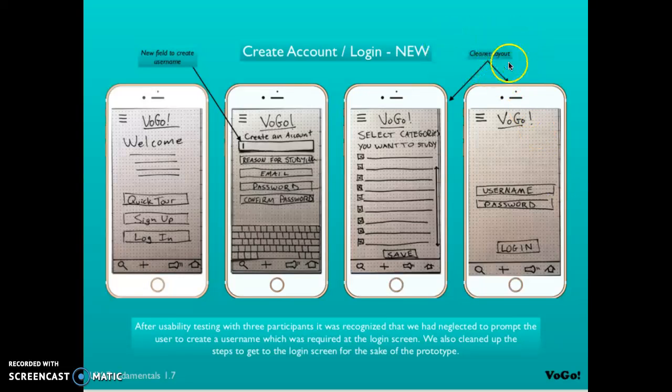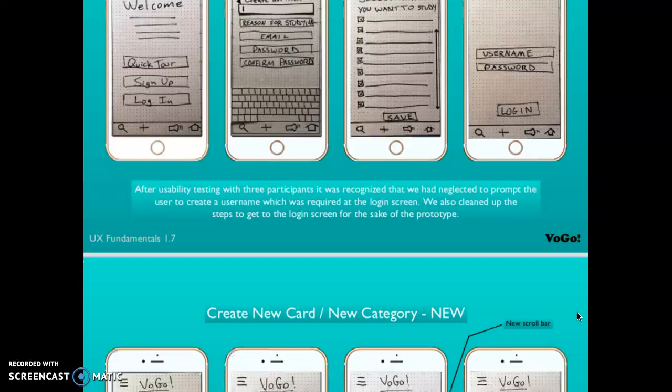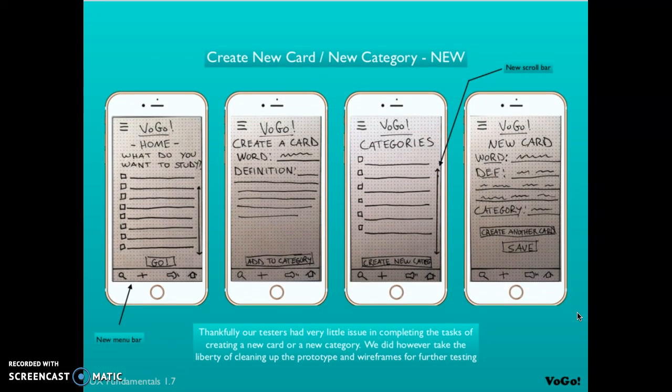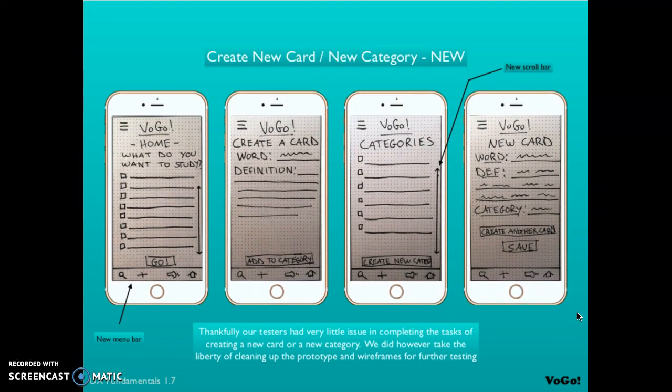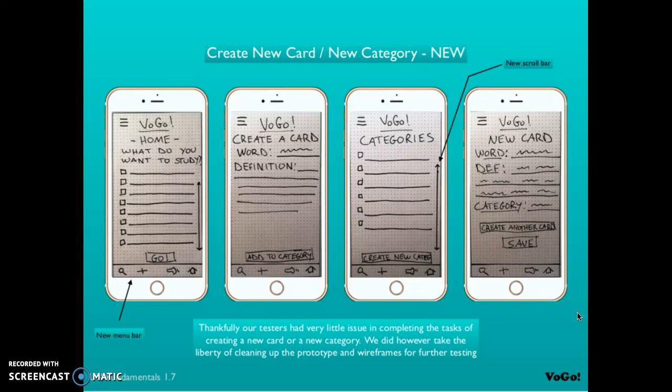And just as we noted here, we cleaned up the layout quite a bit from the original wireframes. Moving on to the functions of creating a new card and creating a new category. Luckily and thankfully, we had really good feedback in terms of this functionality. Our users had very little issues, very little problems at all going through these steps, which was really nice for